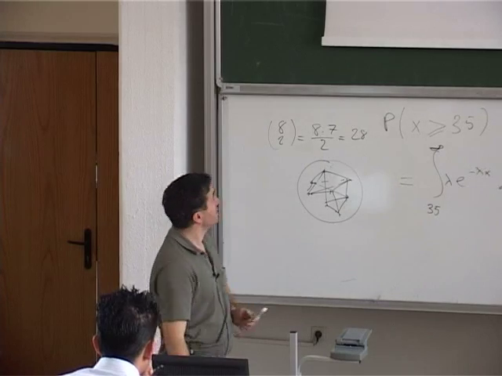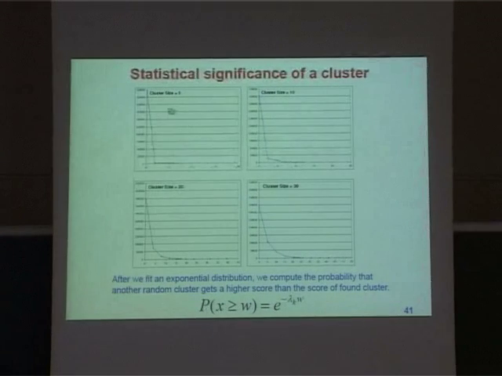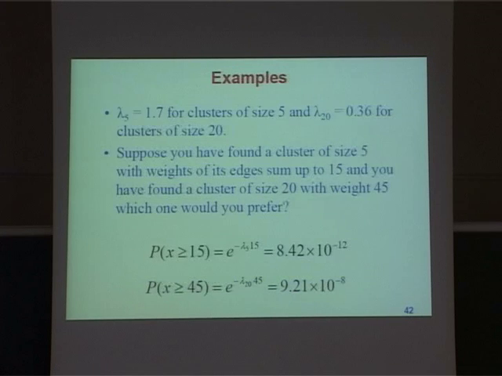Now, what this slide shows is that clusters of different sizes, size 5, size 10, size 20, or size 30, have different looking exponential distributions. So the lambda parameter in these distributions for different cluster sizes is different. So you need to compute these lambdas for different cluster sizes in order to be able to compute the p-value for a given cluster size. And here is the example. If lambda 5 is 1.7 and if lambda 20 is 0.36, for different cluster sizes,